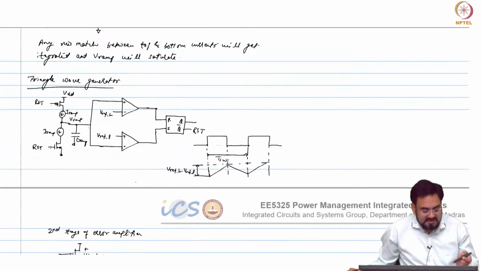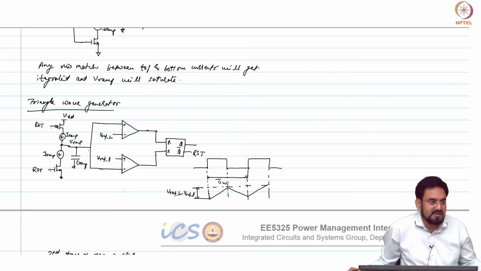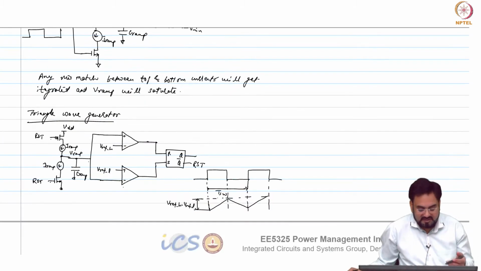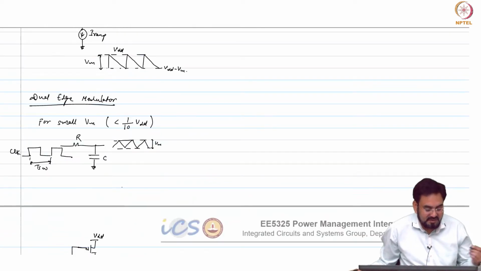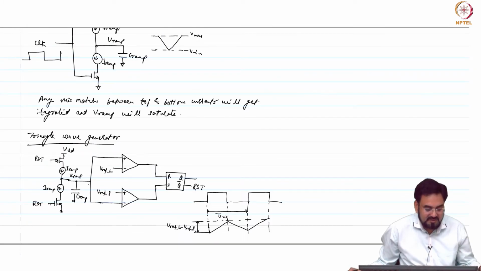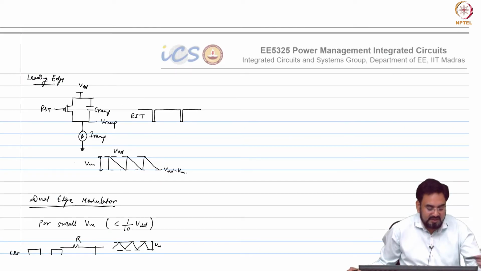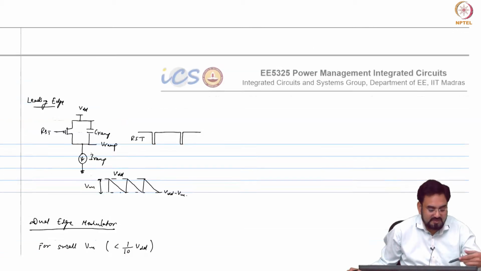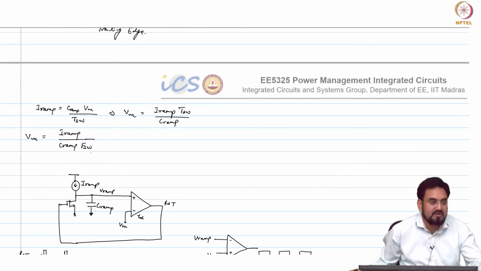So, this is straightforward in case of this oscillator, and we know for dual edge modulation, we can do it with the oscillator because it is not possible with these current sources. But what do we do here actually? This is possible with the current source in this case, and here we are limiting only one side voltage, not two side voltages.